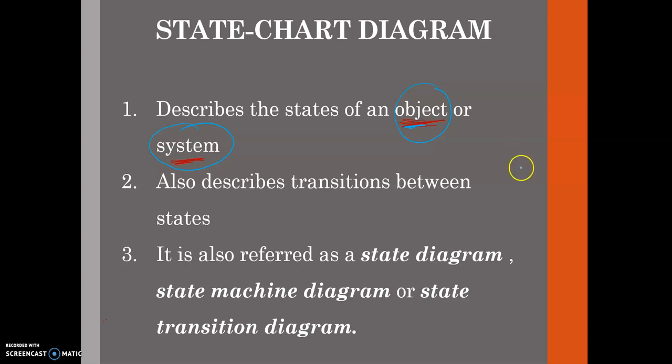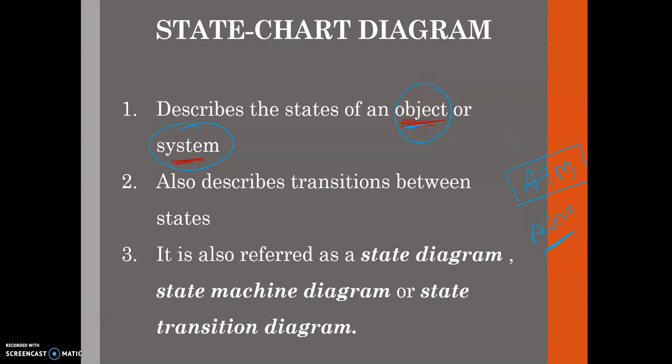For example, if we talk about the ATM machine, this ATM machine has multiple states, right? If someone is using it, it is in active state, but if nobody is using it, it is in idle state, we can say, right? And after activation of the ATM there are again multiple states, like it is waiting for the pin, it is communicating with the database server. So ultimately we use the state chart diagram to describe the states of an object or the system.